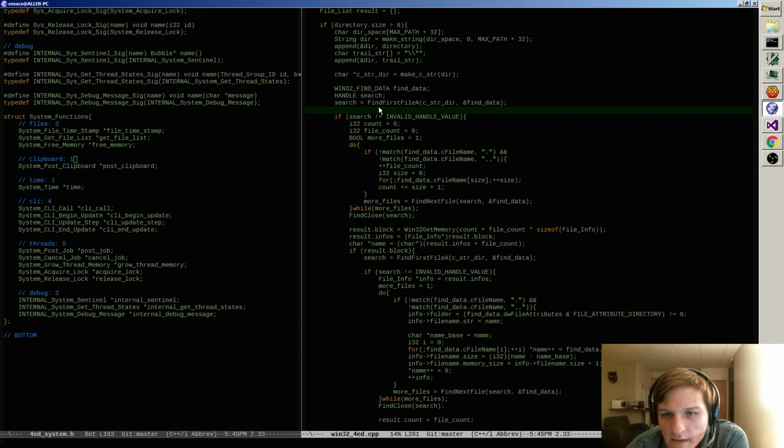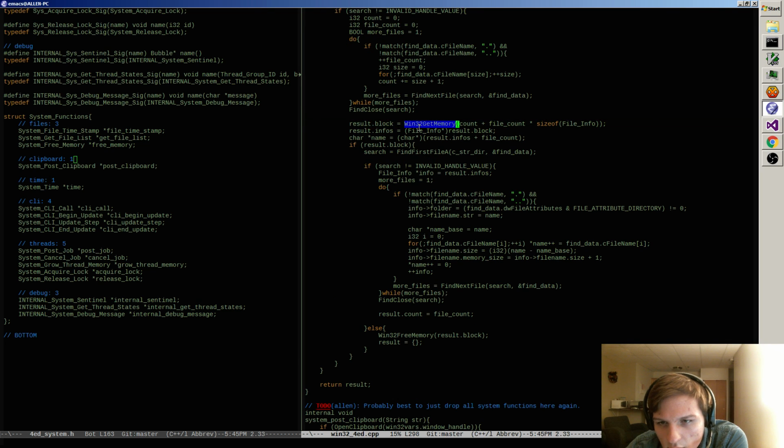It starts a search, and at each step of the search, it's counting how many items there are and getting the size of each item. So we end up with a count and a file count. Closes the search, and then